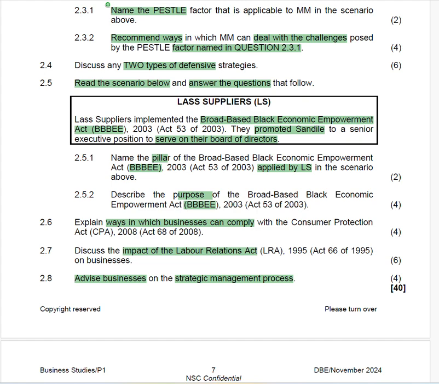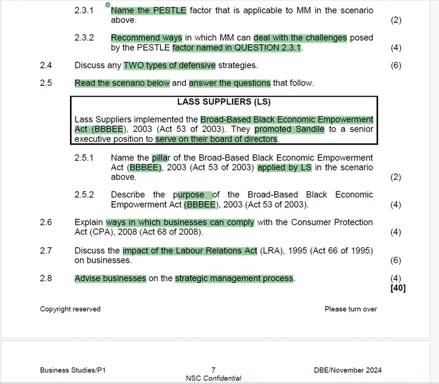Impact on business flexibility. Some argue that the Labor Relations Act can reduce business flexibility, particularly in areas of hiring and firing, due to the legal requirements. Then the importance of compliance. Businesses need to ensure they are aware of and comply with all aspects of the LRA, including relevant case law, to avoid legal challenges. And then the potential to enhance employee morale. The LRA emphasizes that fair treatment and participation can lead to improved employee morale, motivation, and job satisfaction. And the need for professional guidance. Businesses often benefit from seeking legal advice to navigate the complexity of the LRA and